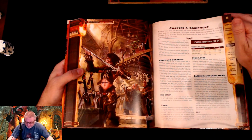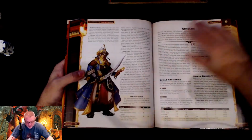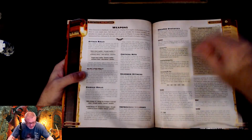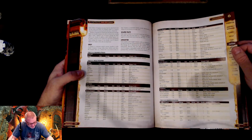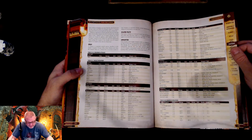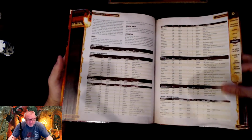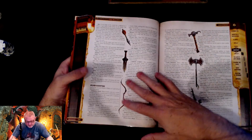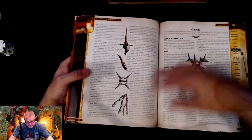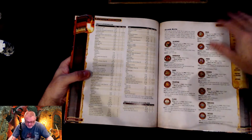equipment, coins, armor, shields, weapons, and that's on page 280. Here's your weapons, your melee weapons, your ranged weapons, weapon traits, all the different information about the different weapons, gear, venturing gear, class kits,